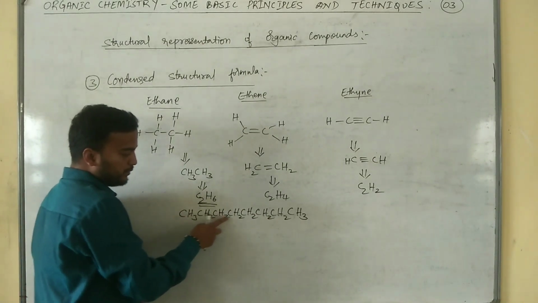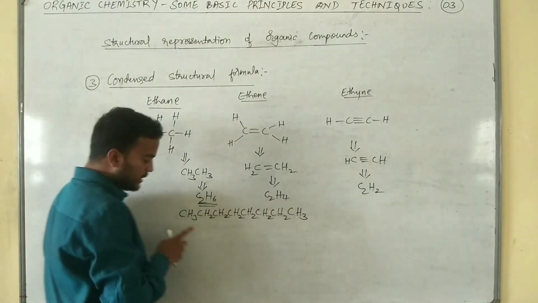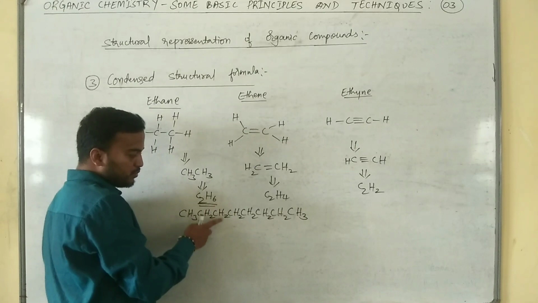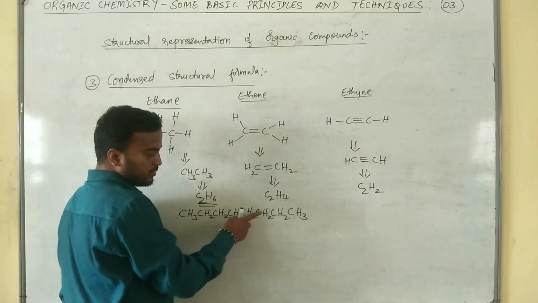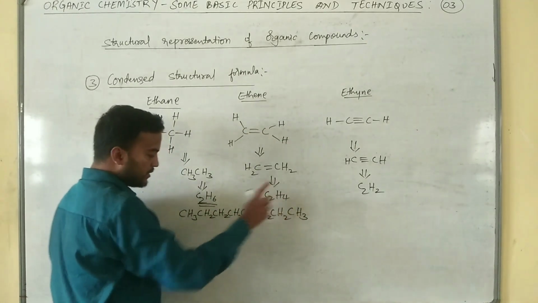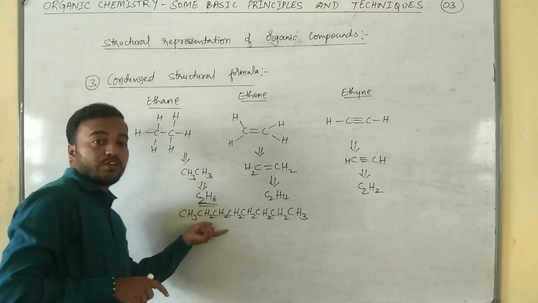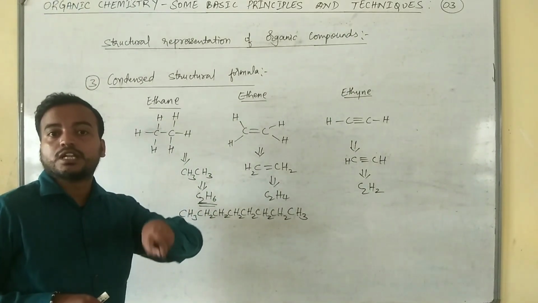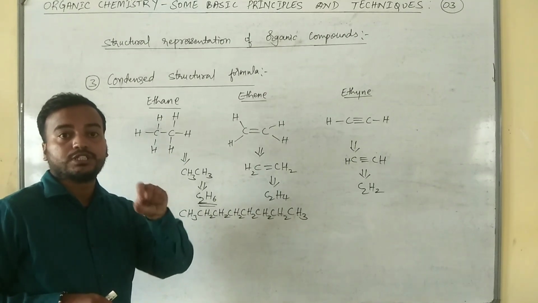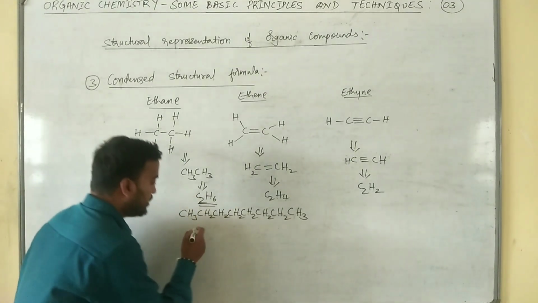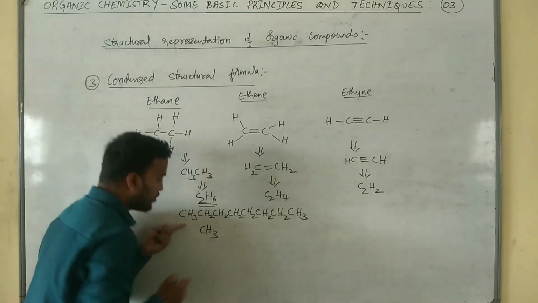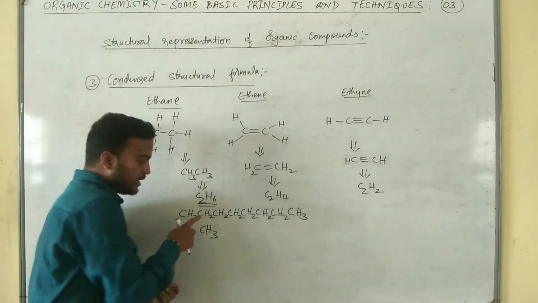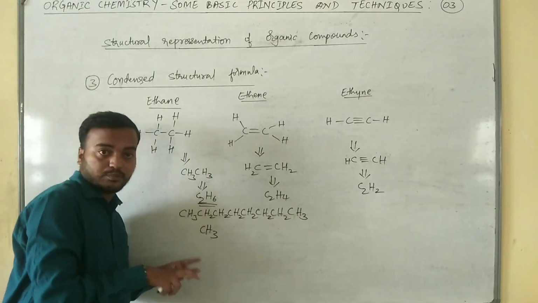CH3 CH2 CH2 CH2 CH2 CH2 CH2 and CH3. So this structural formula can be further condensed by enclosing the number of times the structural unit gets repeated. So I will write CH3 as it is. What does it say? They can be further condensed by enclosing